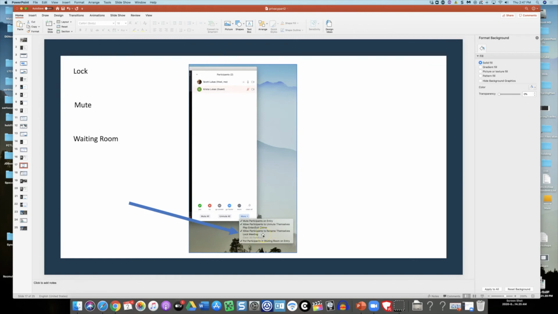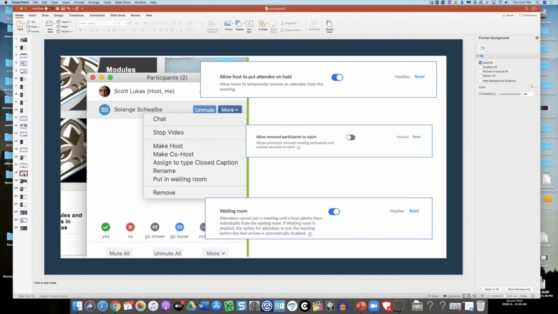So that's another level of security, that if you got all the trolls out, if they were in there somehow and you removed them, you put them in the waiting room, or they never got in, just to be safe, you could lock the meeting at that point and have a sense of security, a feeling that it's going to be pretty safe throughout the meeting. So that's another aspect that you could certainly take advantage of.